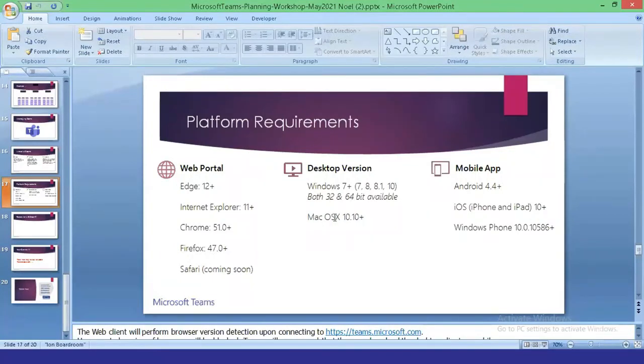On Mac, 10 plus versions are supported. For the mobile app, Android versions above 4.4. Right now we are using the latest versions, so you need not worry. Starting from 4.4 it is supported, and on iOS, iPhone, it starts from version 10 plus.